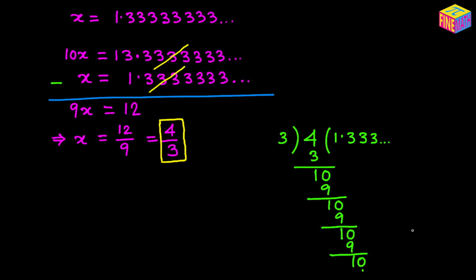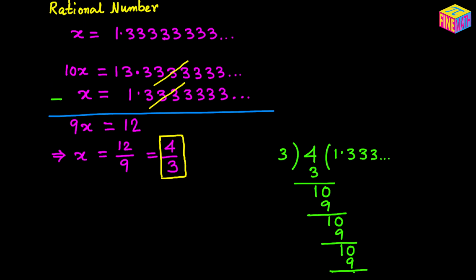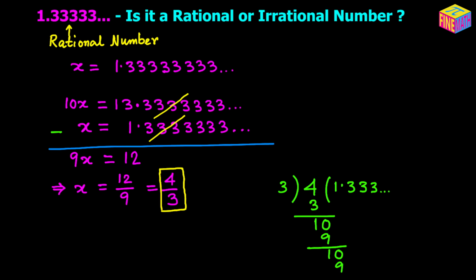This division will never end. That means the way we represented our original number as 4 divided by 3 is actually accurate, because when you do the division, we again get to see our original number coming up as the quotient, right? So that means that our original number is actually a rational number and not an